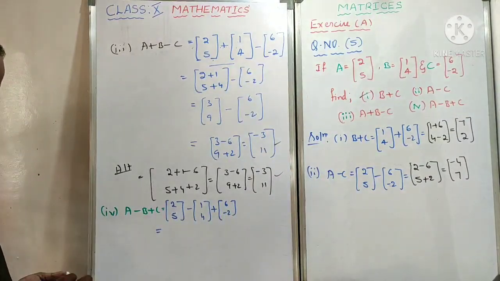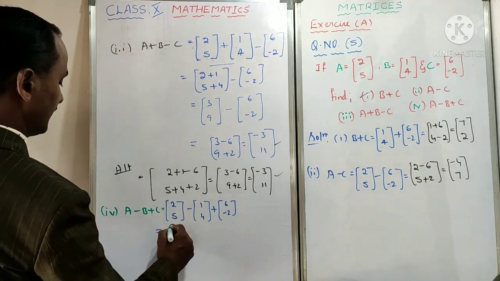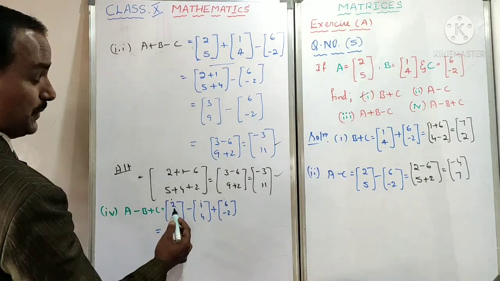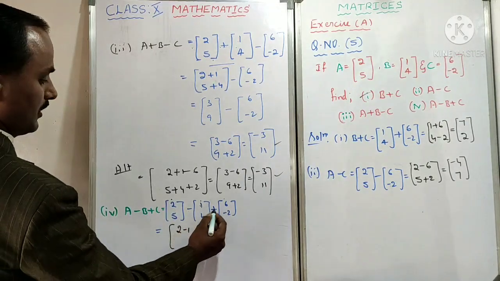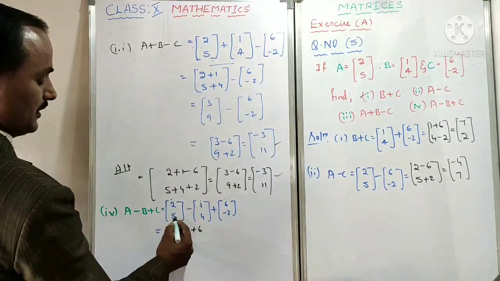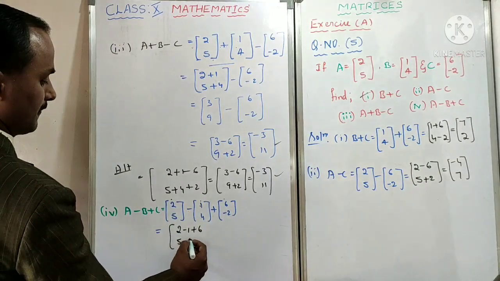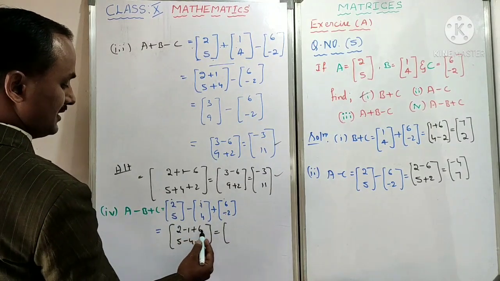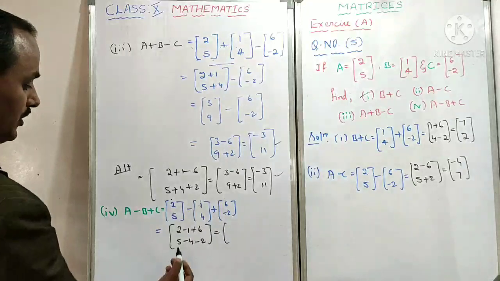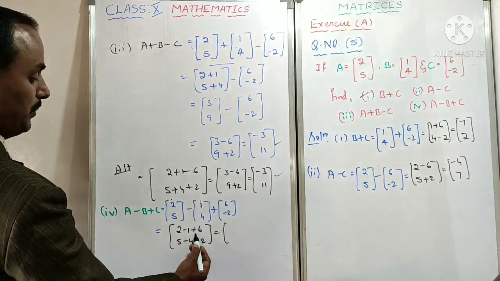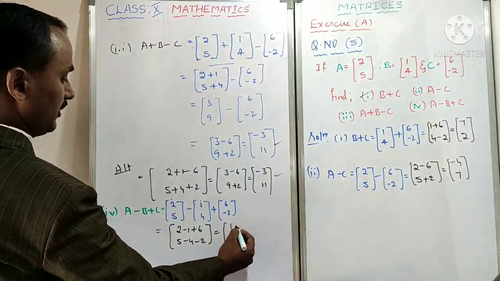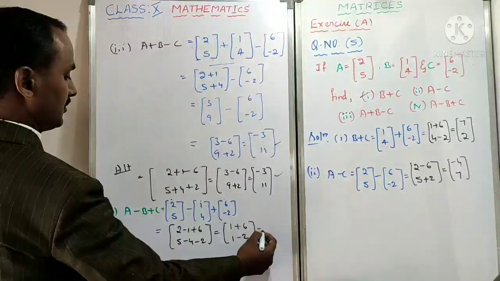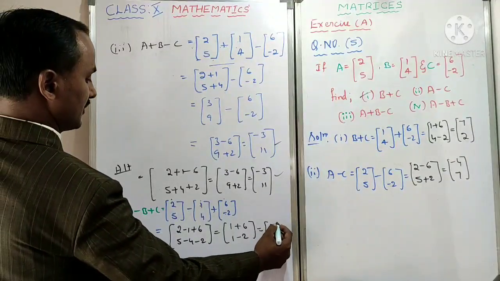Now I will do the direct step. You know I told how can I do the direct? 2 minus 1, this element, this element, this element. Respective element 2 minus 1 plus 6. This one, respective element 5 minus 4 plus into minus minus 2 is equal to the last step. This three simplification is possible directly. 2 minus 1 became 1 will come, 1 plus 6, 7 will come. Otherwise 2 minus 1 became 1 plus 6 as it is. 5 minus 4 became 1 minus 2 is equal to 7 minus 1.